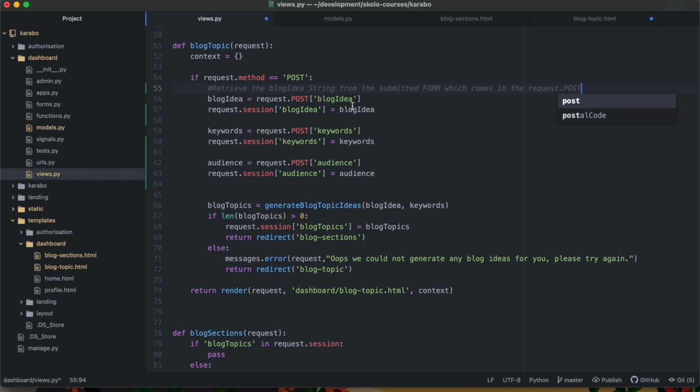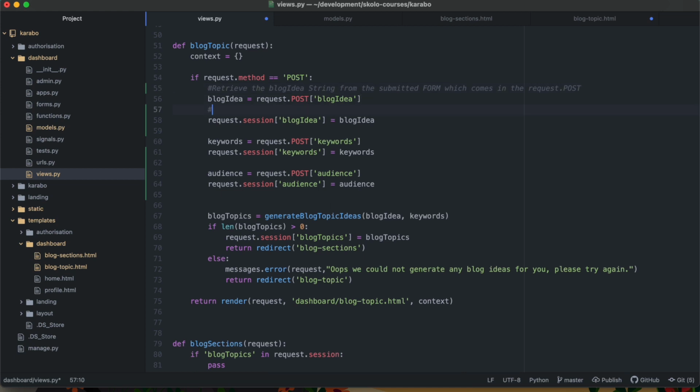That's what we're doing there. After we do that, we are then saving that blog idea string in the session to access later in another